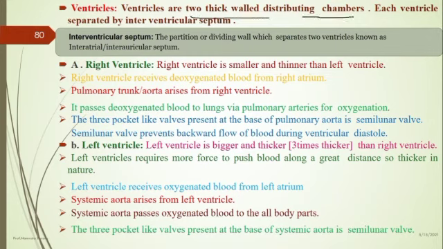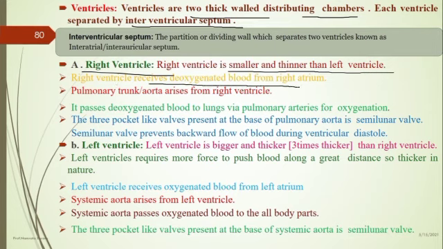The ventricles are thick-walled distributing chambers, that is, they distribute the blood. The ventricles are separated by the interventricular septum, resulting in the formation of the right ventricle and the left ventricle. The right ventricle is smaller and thinner than the left ventricle. It receives the deoxygenated blood from the right